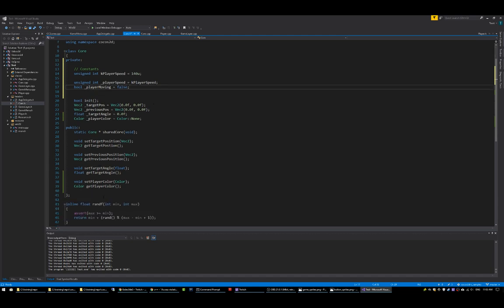Now let's wrap these guys. So just like we did with our color, let's do our convention of a getter and setter. So we need a getter and setter for speed and for player moving. So void set player